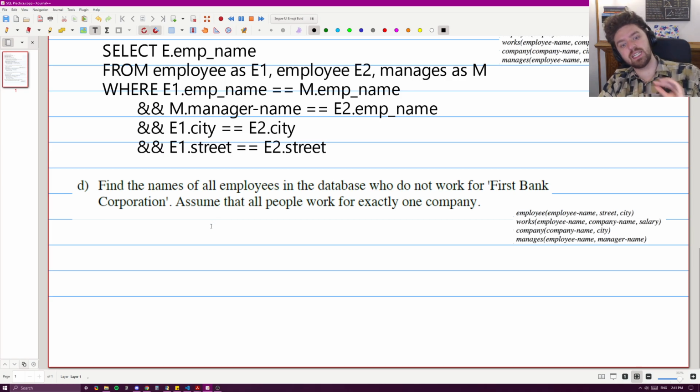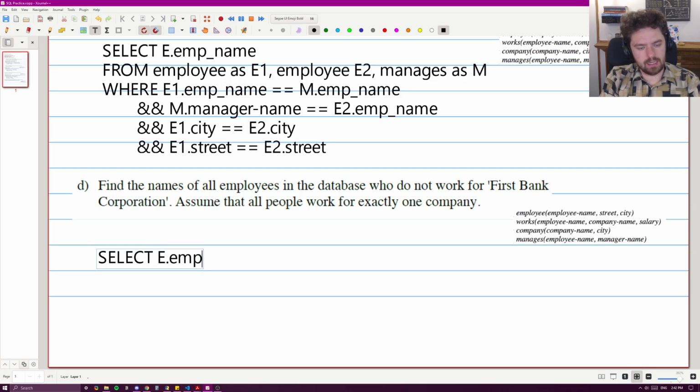If it didn't say assume that people work for exactly one company, then you'd have to find all employees and use the except keyword to basically set difference that with the people who work for First Bank. Okay, but we don't need to do that here. So we can just say select e dot emp name from employee as E,